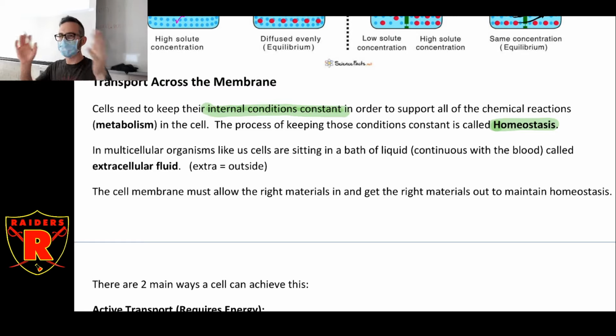But homeostasis is always keeping the conditions the same. That's what your body is shooting for. You're trying to keep your body temperature the same. You're trying to keep the amount of water in your body the same. All of your systems are working together to keep the conditions the same, because that's the ideal condition for your